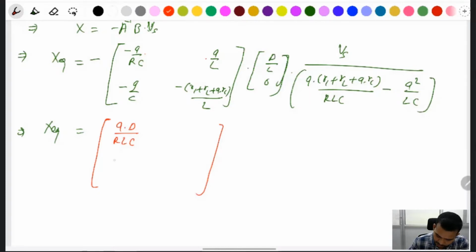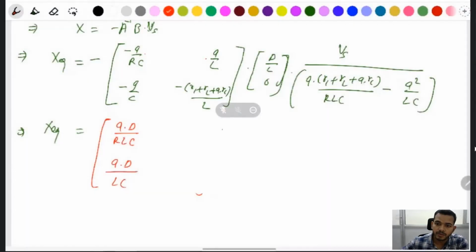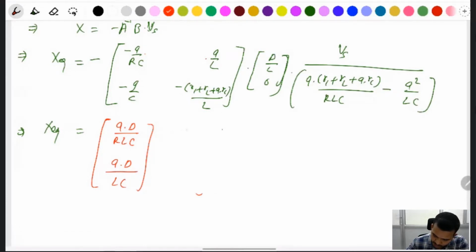And this multiply by here is 0, and this multiply by here, then find plus A into D divided by LC. This portion is 0 actually. This portion is remaining into Vs divided by